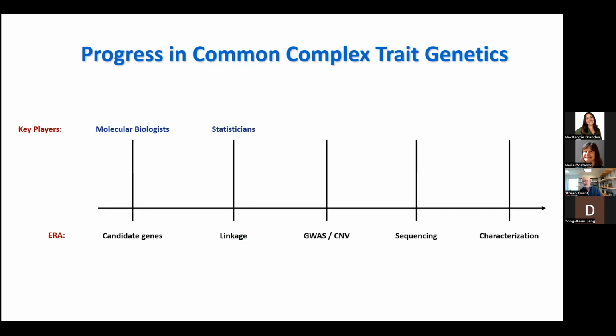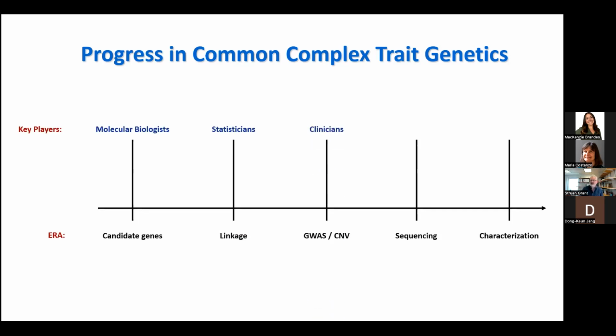But then genome-wide approaches came in, where you could do a more uniform approach and look across the genome in a non-hypothesis manner. First up really was linkage, where you looked at families and looked for regions of sharing across the genome within families. The problem with that was you couldn't really nail the causal gene. You still had a very large amount of real estate where the possible causal gene resided.